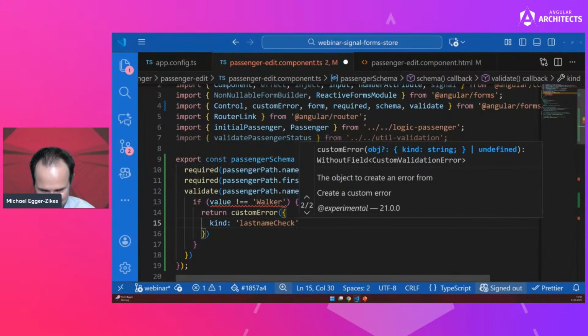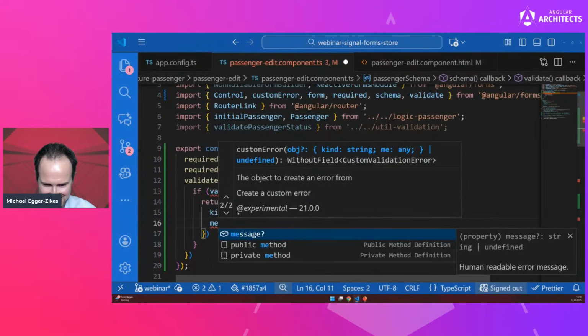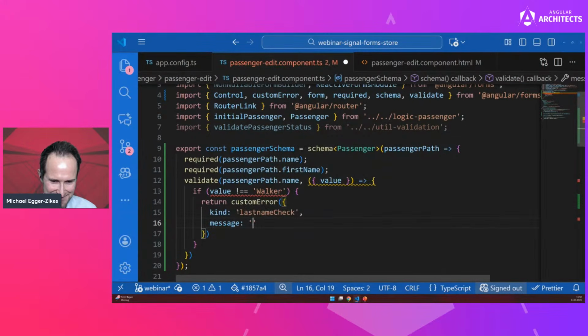Let's call it that way, just for the moment. And now I add a message. And basically the message can give some additional meaningful information to the user that we can then afterwards also use in our template. You saw the iteration over that error message, error object already, and show it on the screen afterwards. So in this case, we could just tell the user,